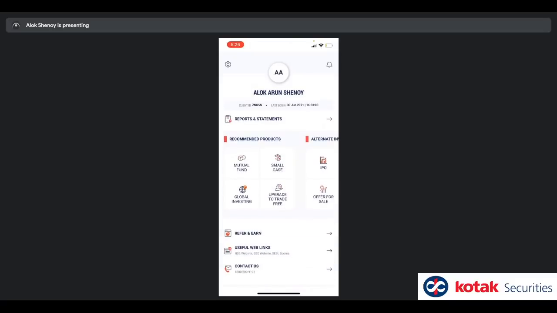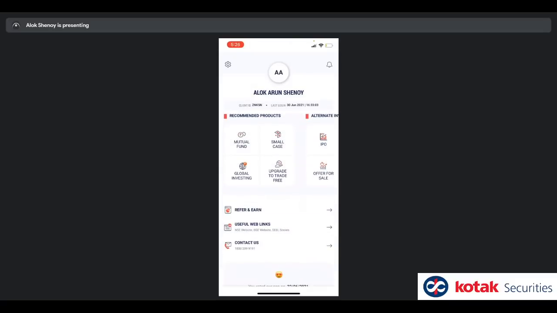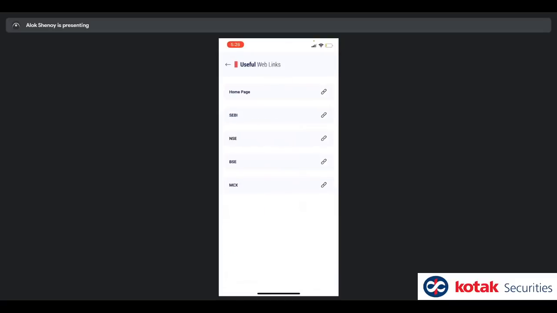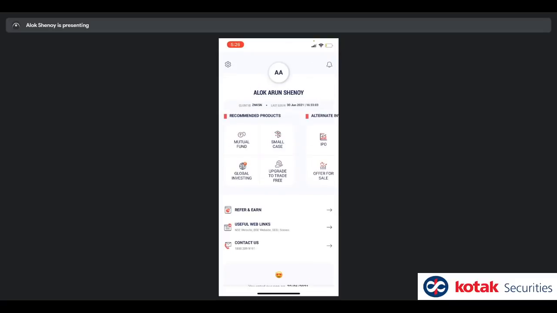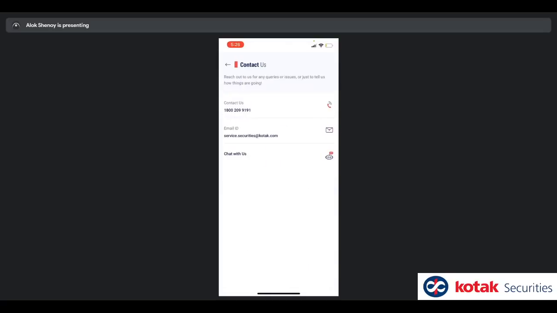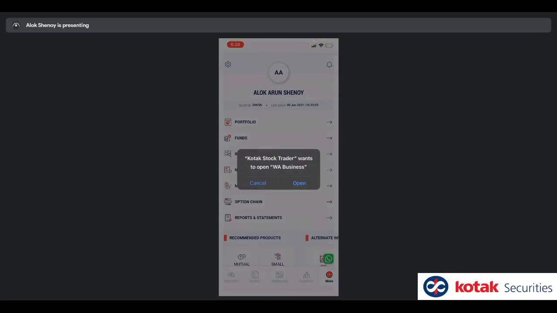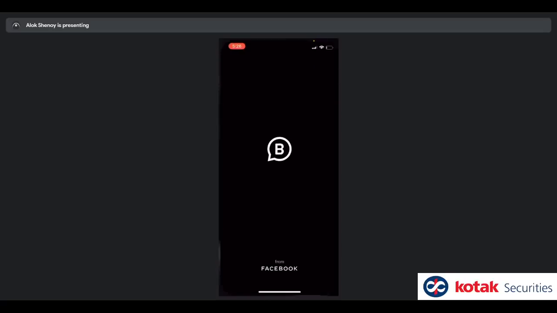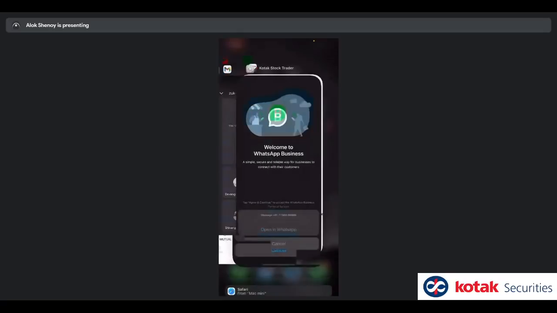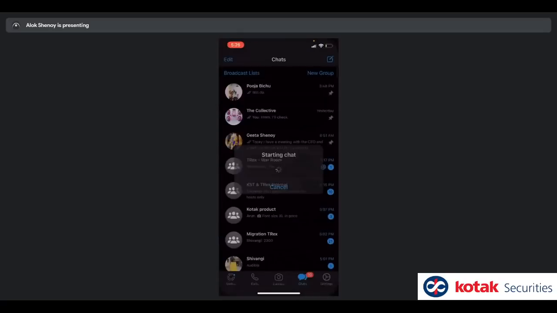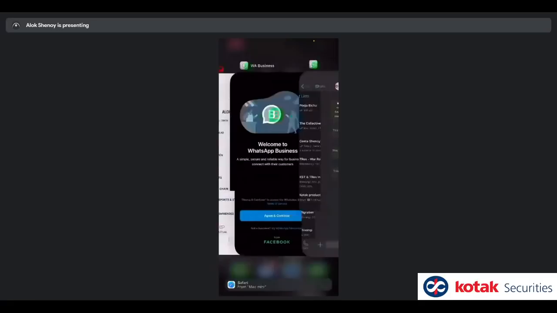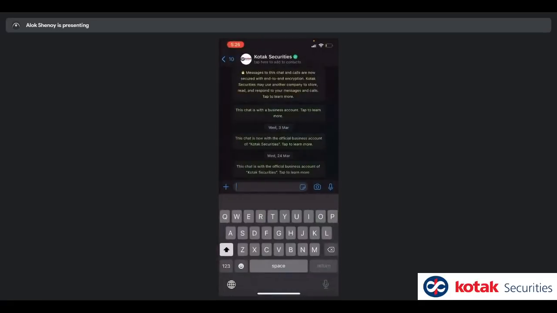If you use Refer and Earn, this is the Refer and Earn link. If you want to visit the NSE, BSE, SEBI links, they're available there. If you want to reach out to customer service, just click on Contact Us, and it will give you these customer service options, including our chatbot. However, we've also got WhatsApp chat now. You can just click on WhatsApp, and it will allow us to reach out to you on WhatsApp. You can reach out to us on WhatsApp, and we can reply back to you. So that's available.